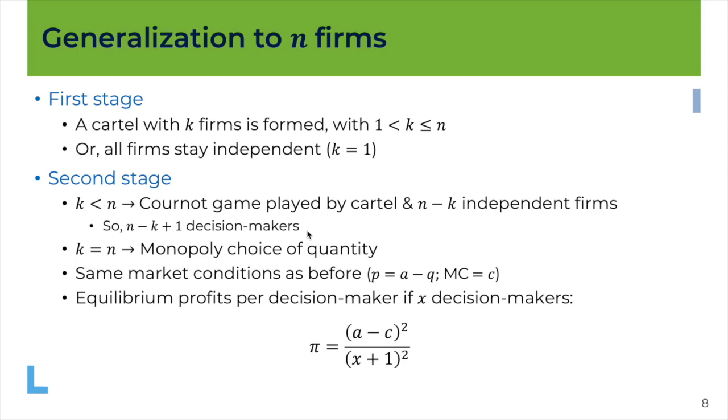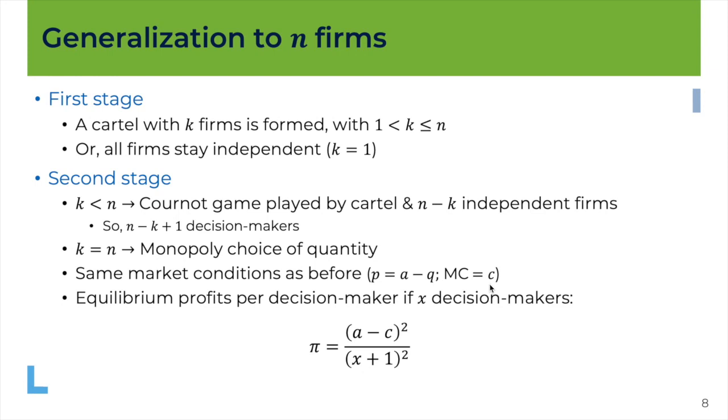Okay, so this is okay for k strictly lower than n. If k is equal to n, so this is a situation where all firms decide to be in the cartel, then we have a single decision maker, which is this cartel that acts as a monopolist. Okay, we assume the same market conditions as before, the same inverse demand function, and the same cost, which is